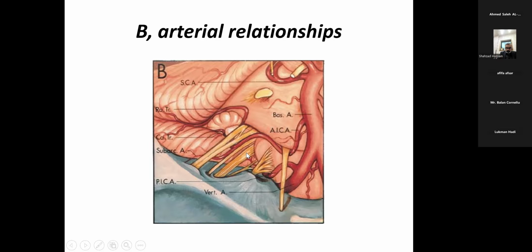Then we have the posterior inferior cerebellar artery, which is a branch of the vertebral. After arising from the vertebral artery, it courses around the medulla, encircles the medulla, and then takes the rostral turn in relationship to the 9th, 10th cranial nerves, and then takes the caudal turn in order to supply and terminate into the suboccipital surface of the